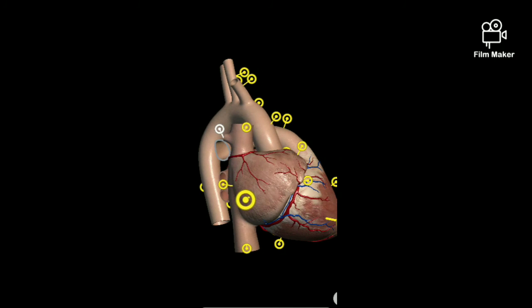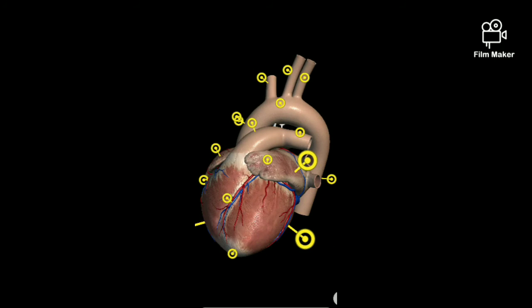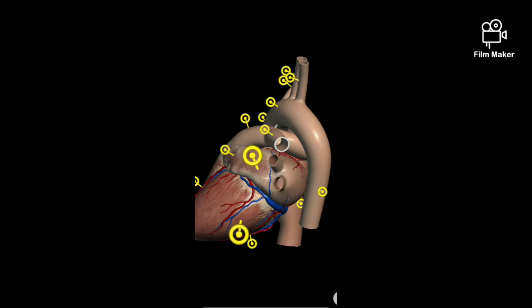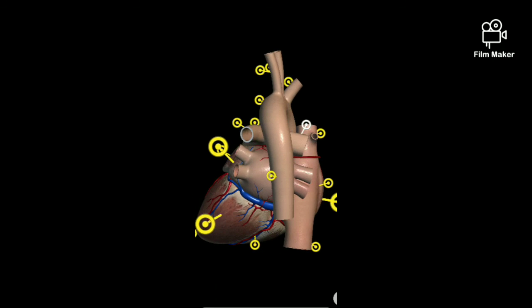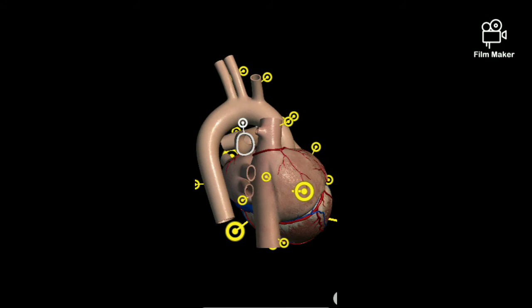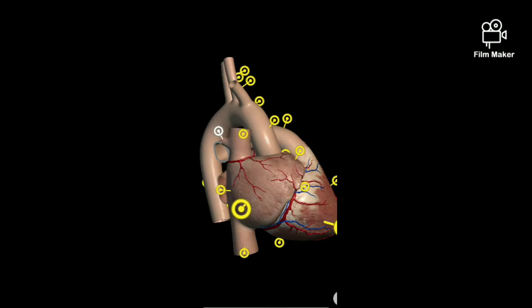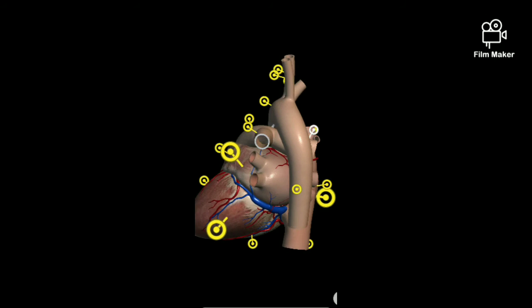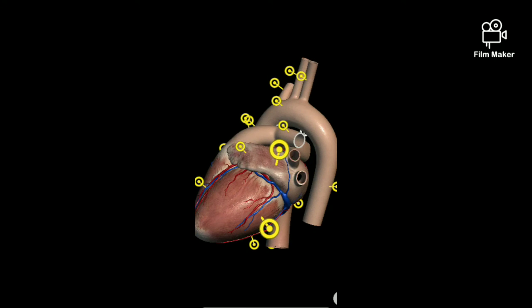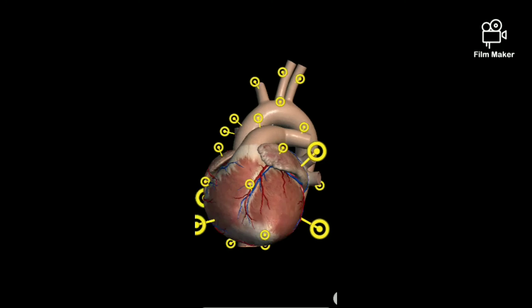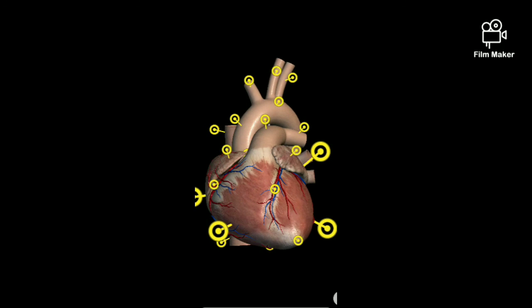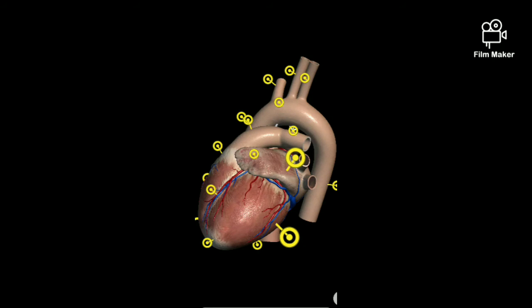The pulmonary veins receive oxygenated blood from the lungs and deliver it into the left side of the heart to be pumped back around the body. There are four pulmonary veins, one superior and one inferior for each lung. They enter the pericardium and drain into the superior left atrium on the posterior surface, and the oblique pericardial sinus can be found within the pericardium between the left and right veins. So these are the pulmonary veins.